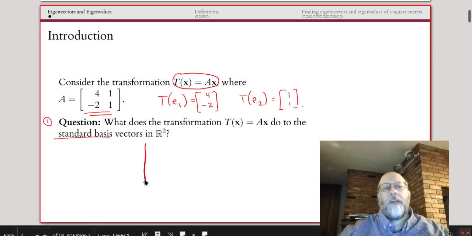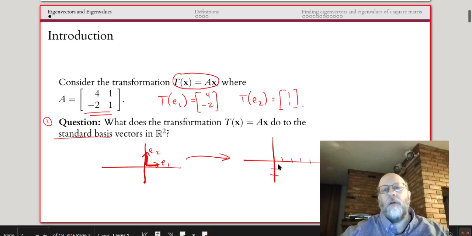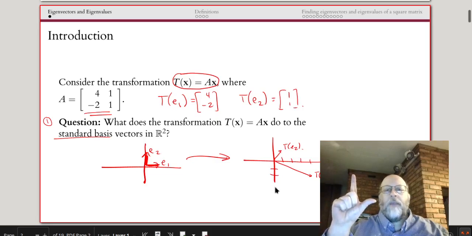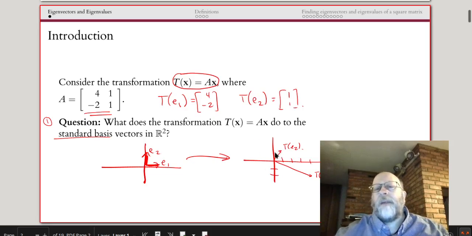If I wanted to draw this out, E1 and E2 transform into these vectors here. And visually, that's kind of hard to describe what's happening. It looks at first like maybe the vectors are being rotated, but they're not being rotated by the same amount. This angle is exactly 45 degrees,